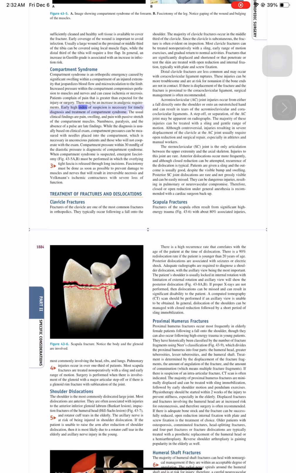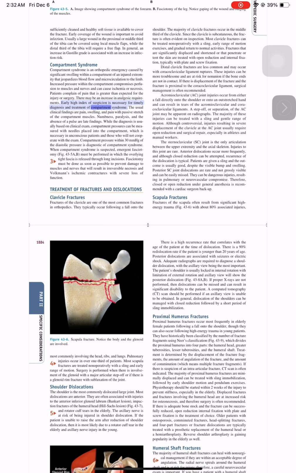Early high index of suspicion is necessary for timely diagnosis and treatment of compartment syndrome. The usual clinical findings are pain,